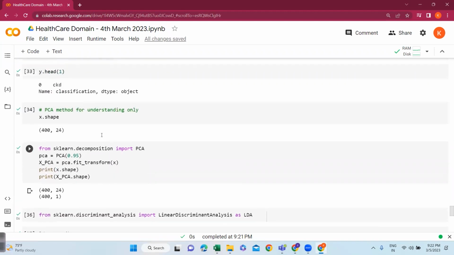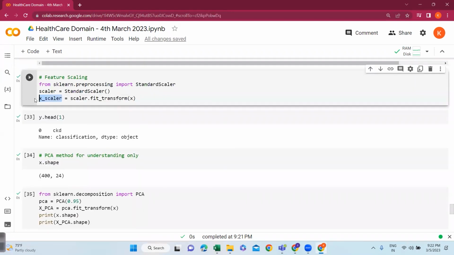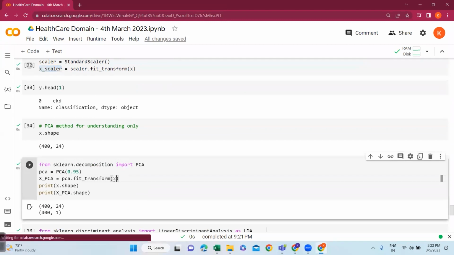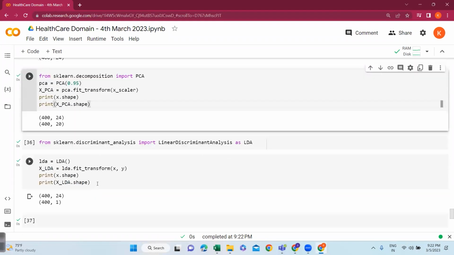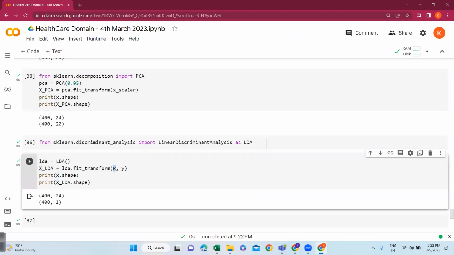And what happens if I put scaled data then? Scaled is anyway in array format. We have to convert this, but let me try. So 20 now, maybe the scale is there. That's why it's coming. So now guys, you can see here, my PCA is saying 20 variables I have to take. Okay, and here also, if I'm taking scaled,